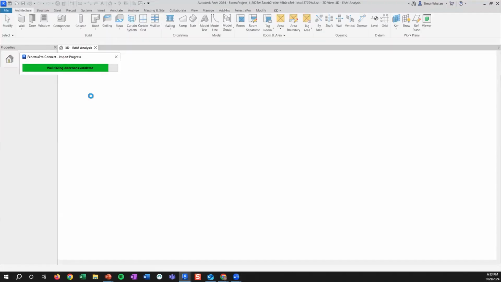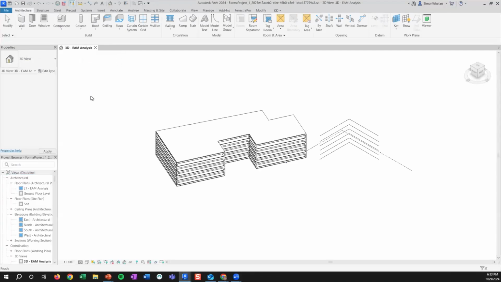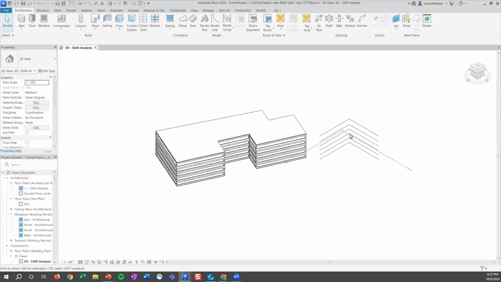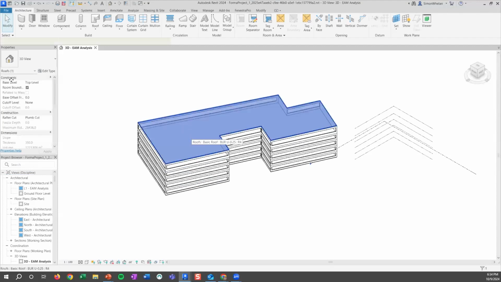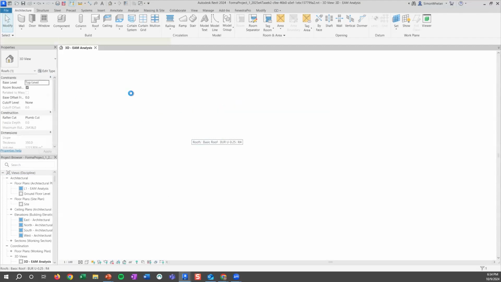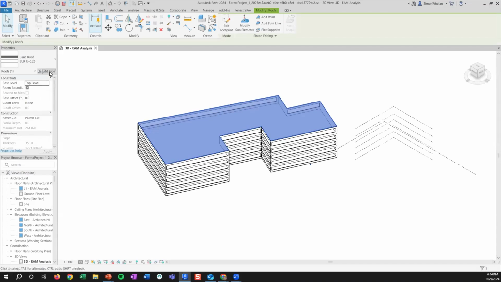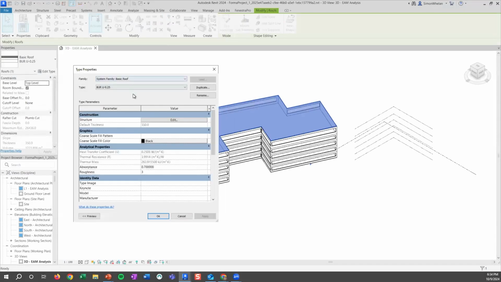We can see a model come in with the appropriate levels, with the appropriate detail. So we're just about there, and you can see it's probably a little bit scrappy, maybe some of the levels are over here, but we can select my roof, and we can see that it is a built-up roof system with a U value of 0.25 and a thickness of